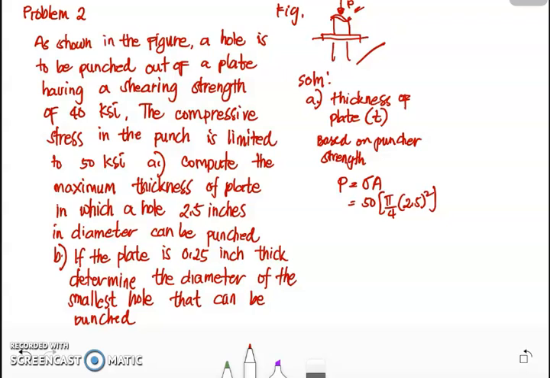So if we try to simplify this one, we get a value of 78.1255 kips. So this is the equivalent shear force of the plate, and based on the shear strength of the plate,